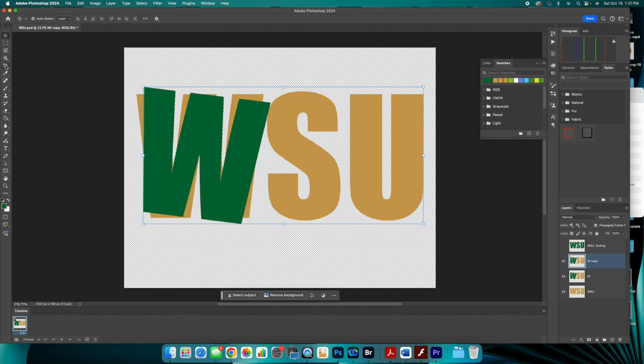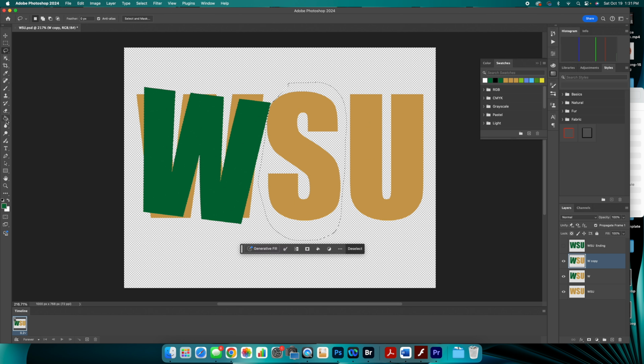I think I'm actually good. I can go over here, and instead of the rectangle tool this time though, I'm going to have to choose something like maybe my lasso tool. I'm going to kind of go in between here, and I'm going to select the S. I'm going to go ahead and paint that green,